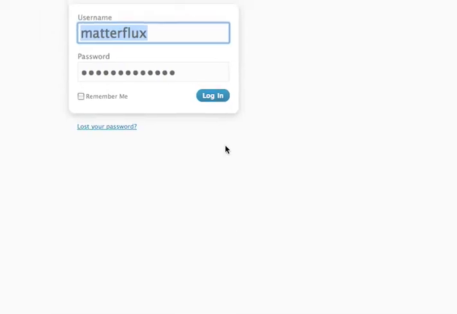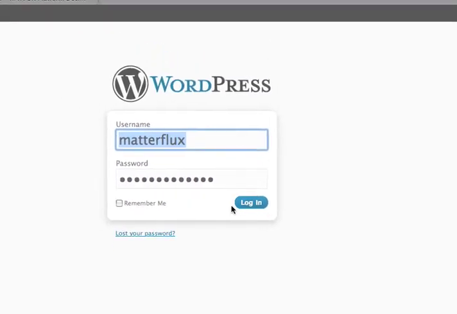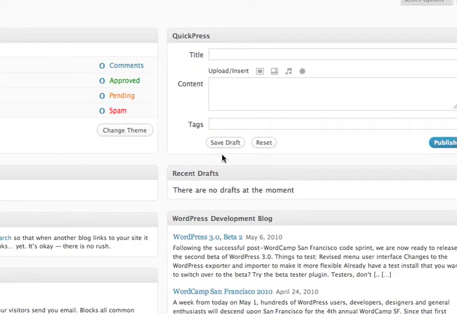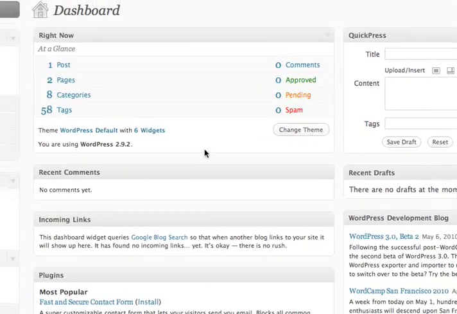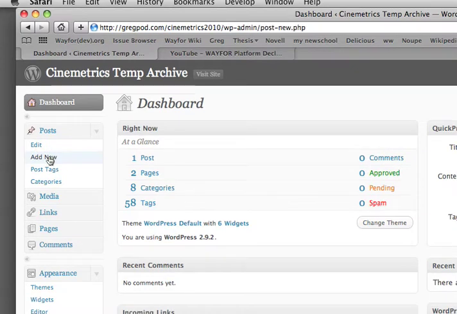Everyone has been given a username and password, which is your new school ID. Just put that in for both of these fields and log in, and that will take you to this kind of scary looking admin dashboard, but don't worry, because everything we're going to be doing will be from this left hand corner under posts, and you just want to go to add new,